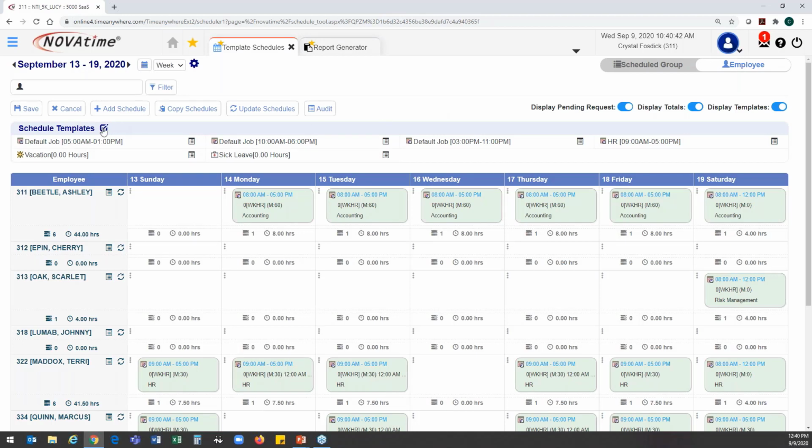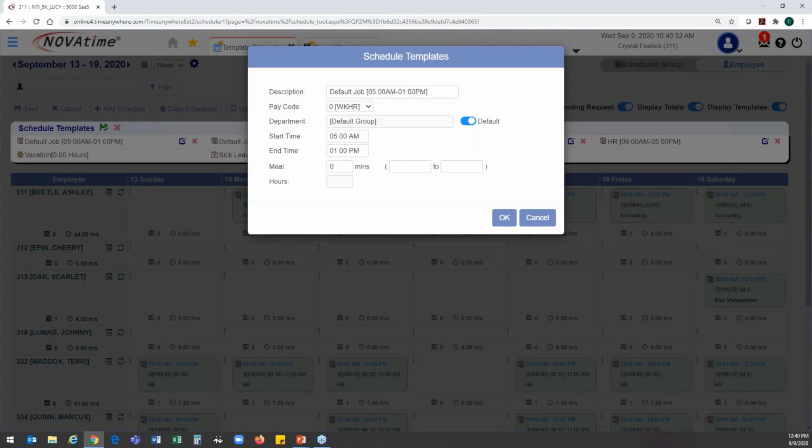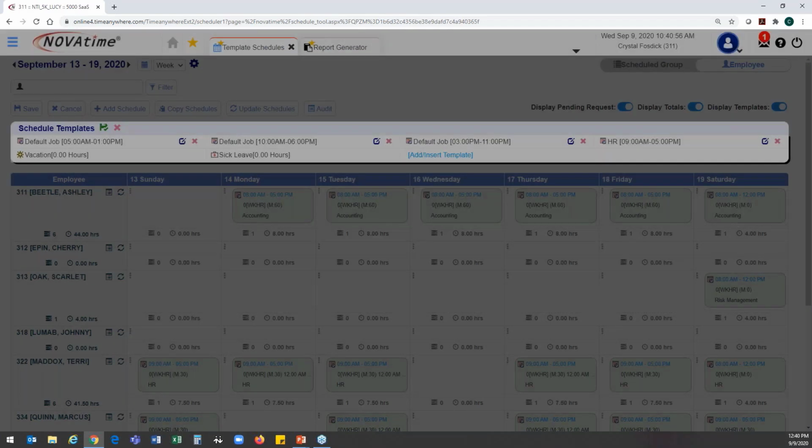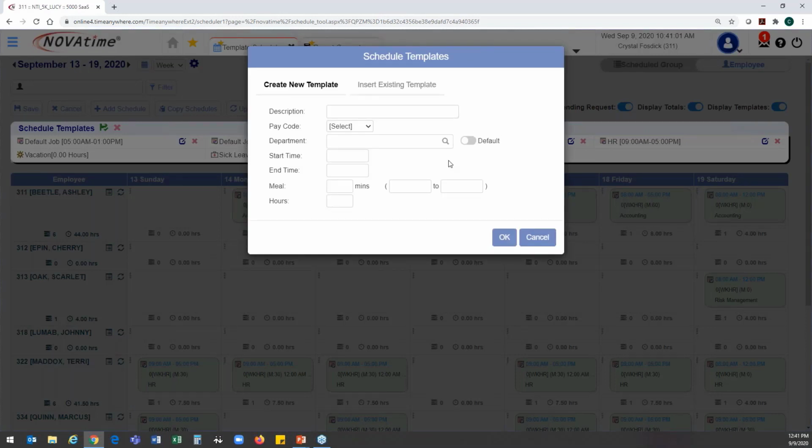And again, we did that by clicking on the square here with the pencil to edit. We can edit existing templates in here by finding them and clicking on the same square with the pencil to edit that individual template, or by creating a brand new one by finding and using the Add Insert Template button. Optionally creating a description for it that will show back on the main page, selecting the appropriate pay code, deciding on if we will be determining the department the employee works in or if the system's going to pick from their default,